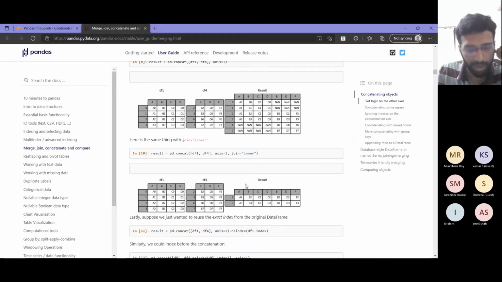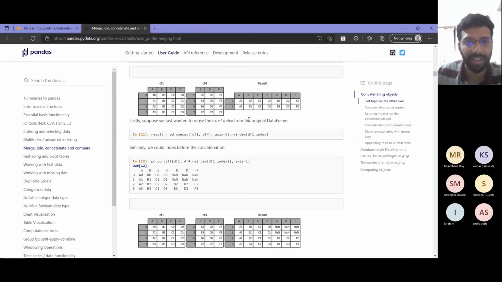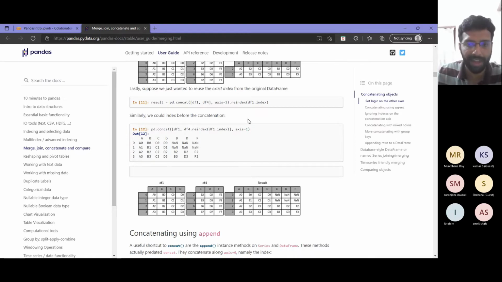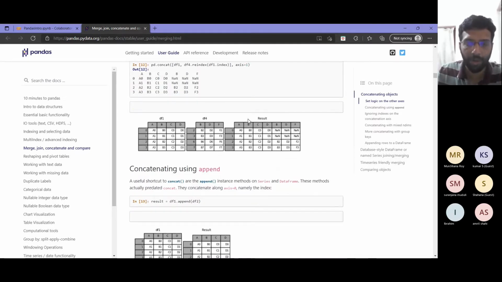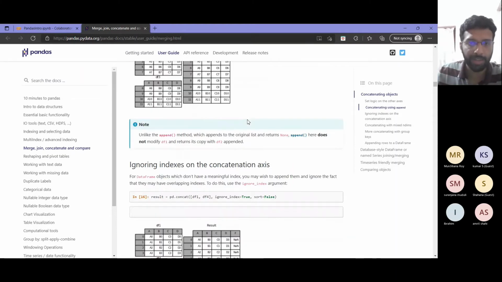Now coming to the merge that we saw, one thing is you can use pd.merge. Or you can use pd.concat with a join argument which tells whether you want to do an inner join, outer join, left join, right join, things like that. I will not go into details here because that will only confuse you. So you can just go through these diagrams. Rather than the code, go through these diagrams and try to think how these things actually came.